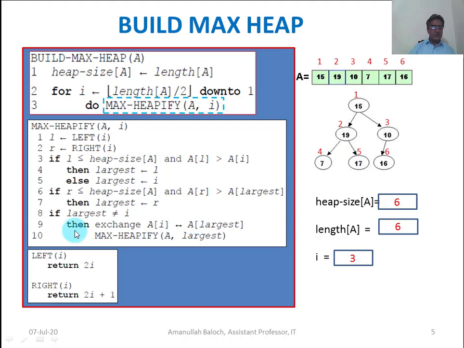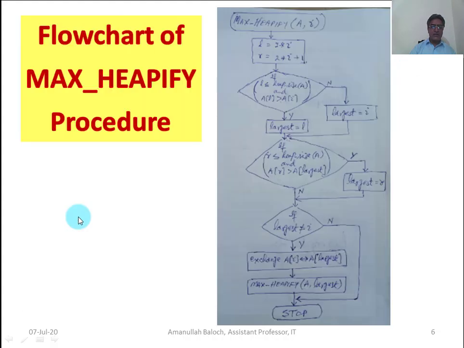As we have discussed this algorithm through the flowchart, here we check the left child of the corresponding parent, and here we check the right child, and the parent is replaced with the largest child of both, left or right, whichever is largest.